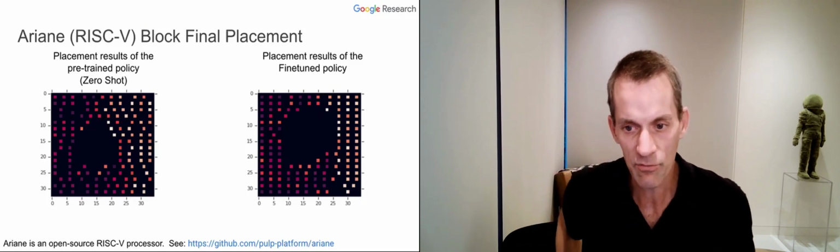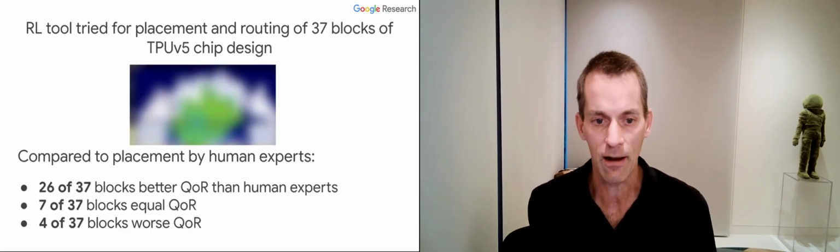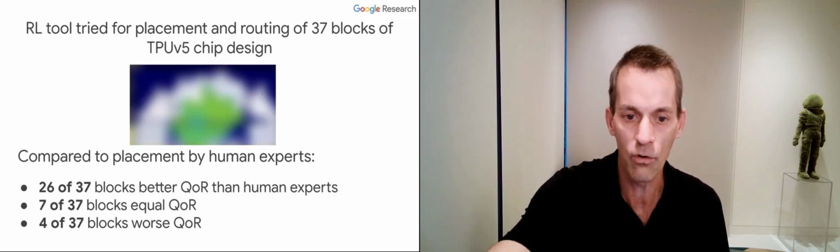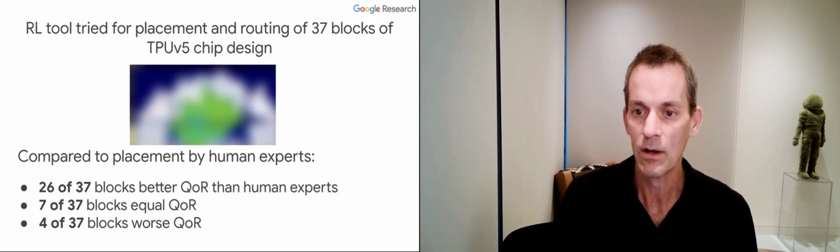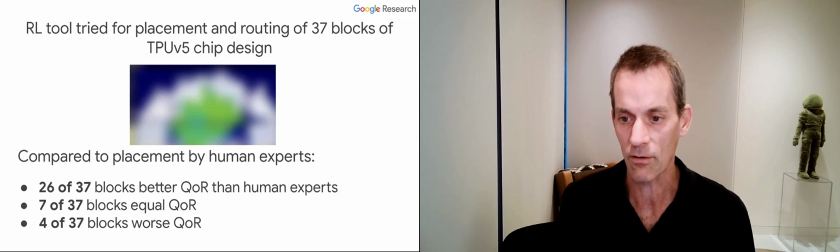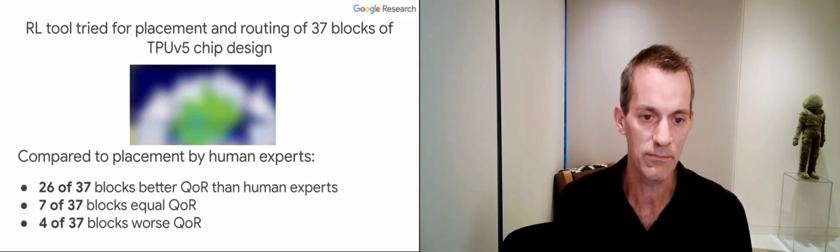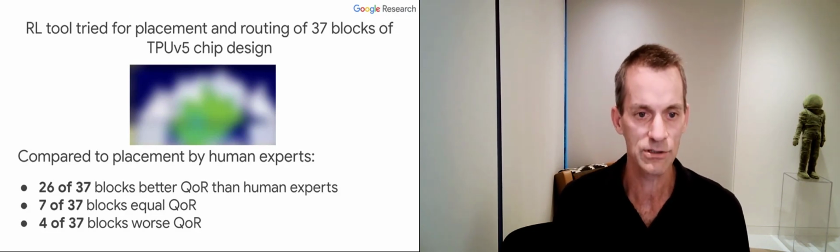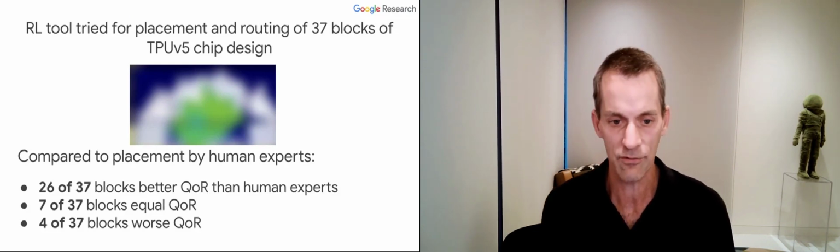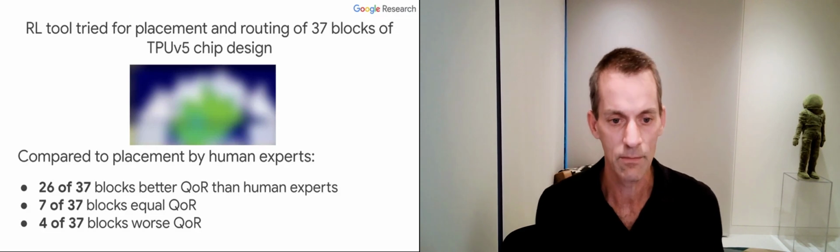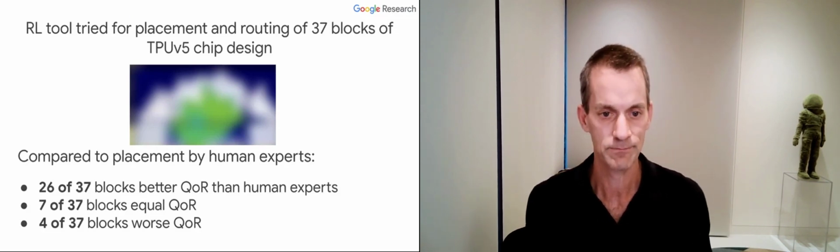And here you can see the training policy from scratch takes a while to figure out that it's a good idea to leave this hole for the logic cells in the center, whereas the pre-trained policy already figures that out very quickly. But eventually, the from scratch approach does realize that it's a good idea to leave these holes in the center for the logic.